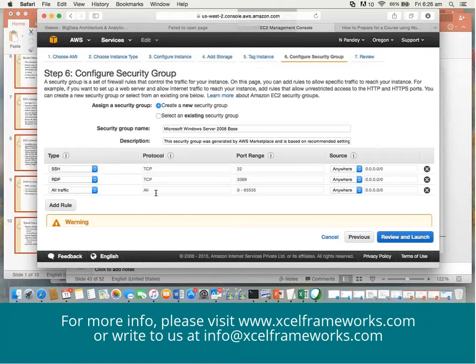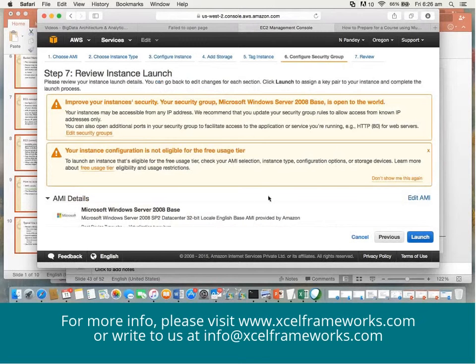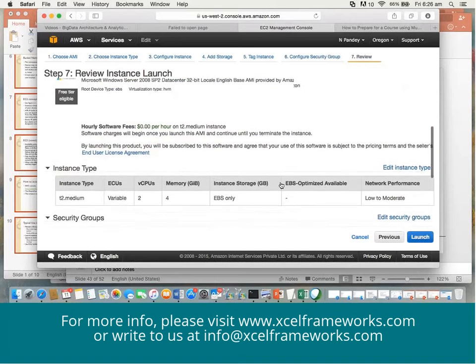This is not good practice actually when you specify all, because you're opening your machine at every port. Better is to maintain your table. It may take some time, but better is to go with opening only specific ports. So I'll just go and click on review and launch. You all know that we are coming to the last step now.